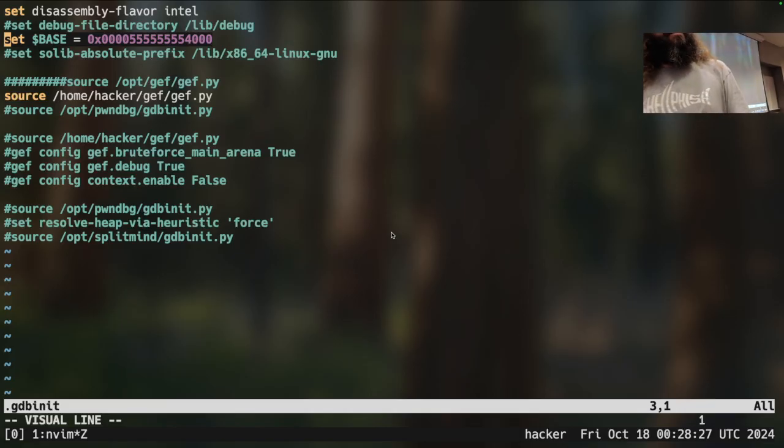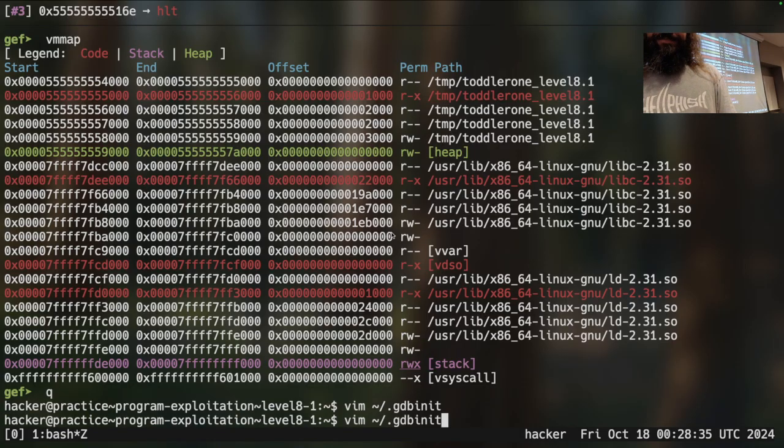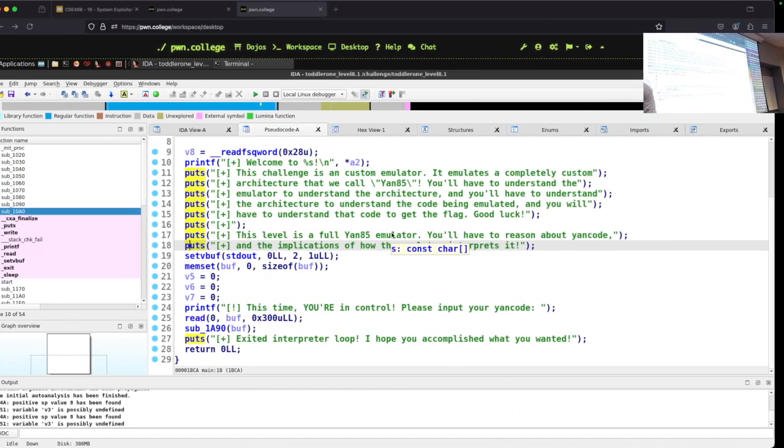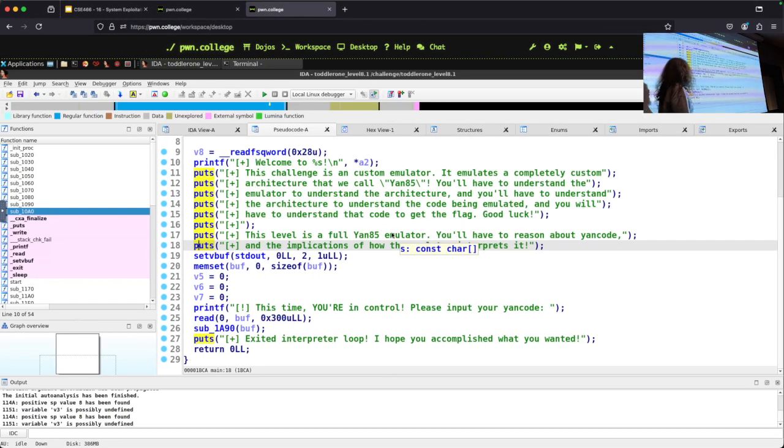All right. Now someone's starting to smile. I think they see where we're going here. So I'm going to GDB on my copy. Where do I want to set my breakpoint? Base plus 1BCA.